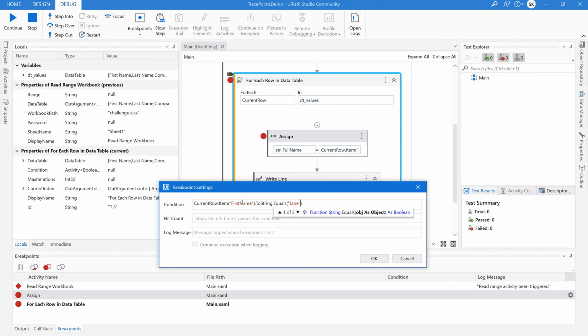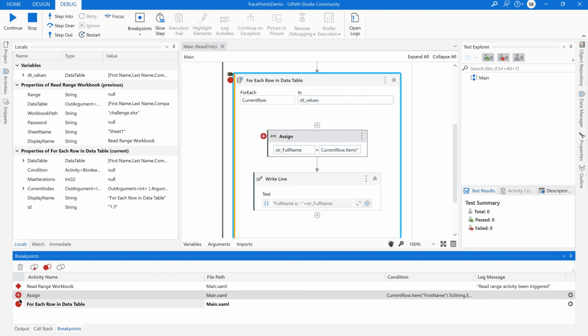Okay, if the first name value is equal to Jane, then this particular breakpoint needs to be triggered. Otherwise, it will go to the next activity. This is my condition. So you know conditional breakpoints, right? So how do we make this a conditional trace point, when we add a log message to a conditional breakpoint? Let me save this. You could see this assign activity has a conditional